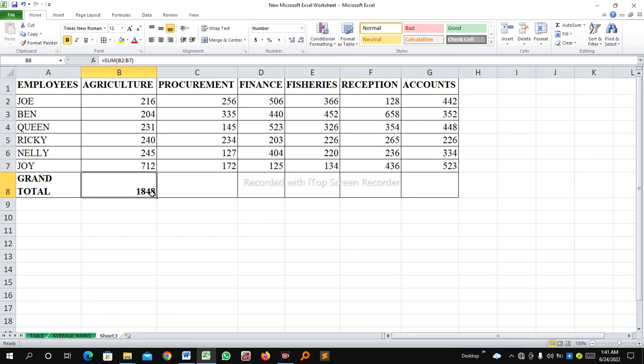Then at the bottom right corner of the cell, you point there to bring you a plus sign. Then you drag it to the last cell where you want your calculation to be done, like that. So guys, that is simply how you can